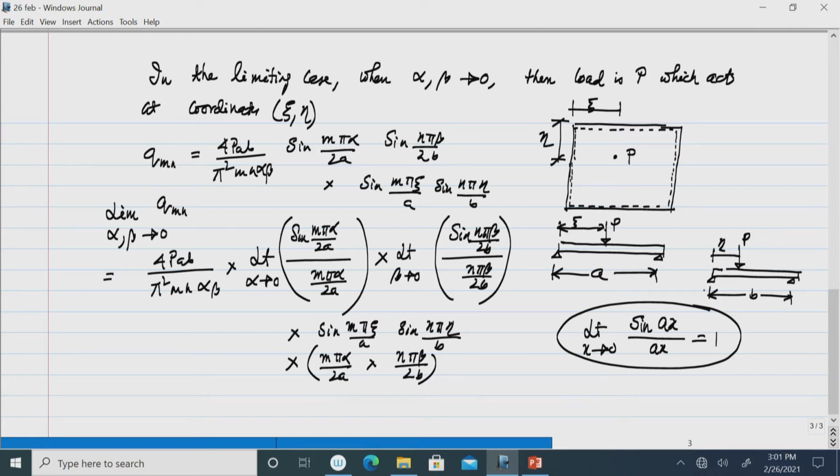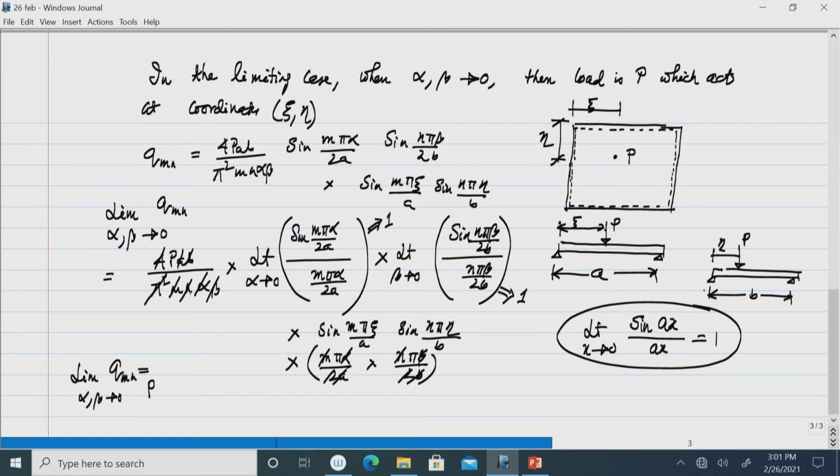So, you can see now from this that a b will get cancelled here, then 2 is 4, that 4 will also be cancelled, alpha beta will be cancelled here, m n will also be cancelled, and pi square will also be cancelled, and this value is actually 1, this value is also 1. So, ultimately we get the limit of q m n as alpha beta goes to 0 is nothing but